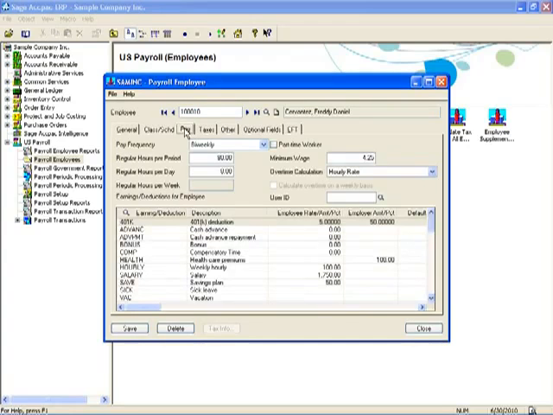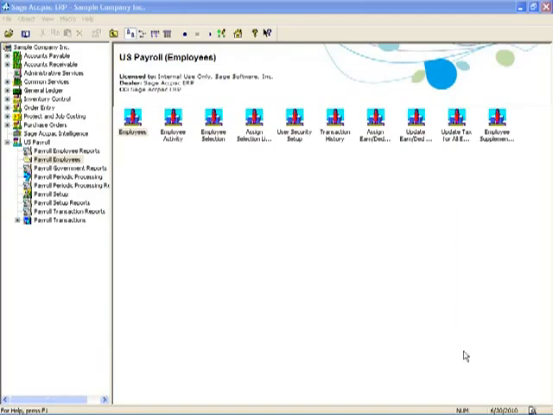And finally, on the Pay page, if you're using FLSA calculations, you now have the ability to calculate overtime on a weekly basis or on the basis of the pay frequency of the employee. And that's it for setup of